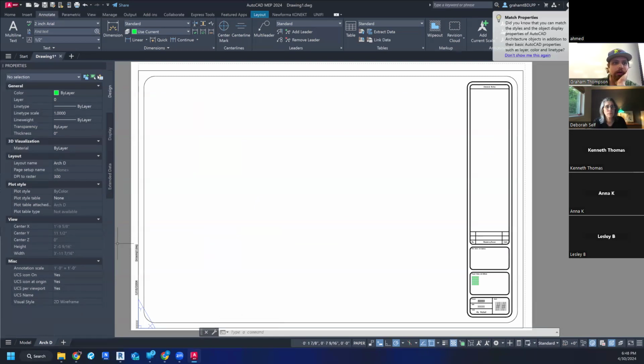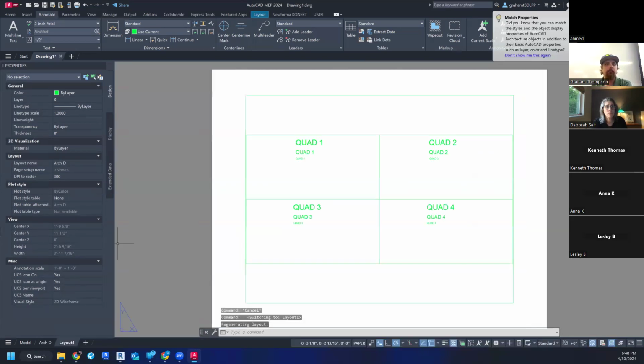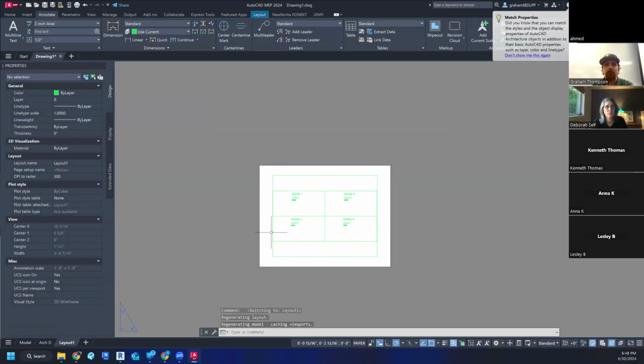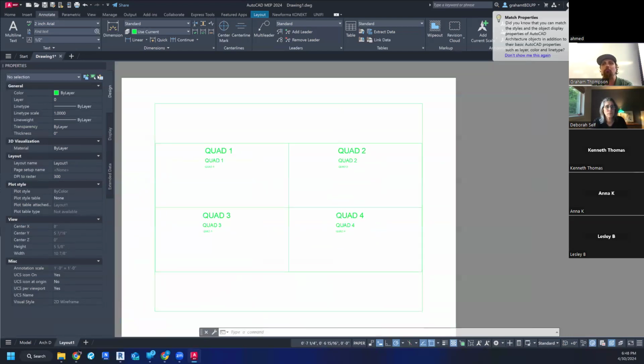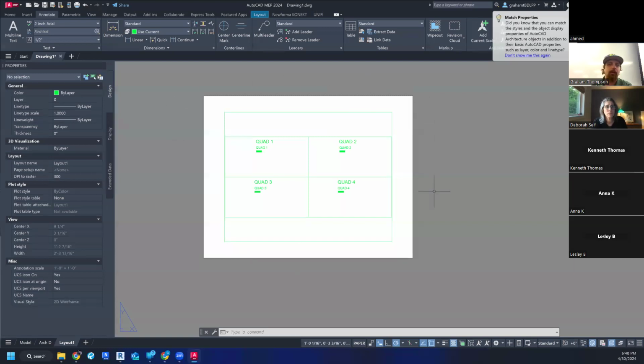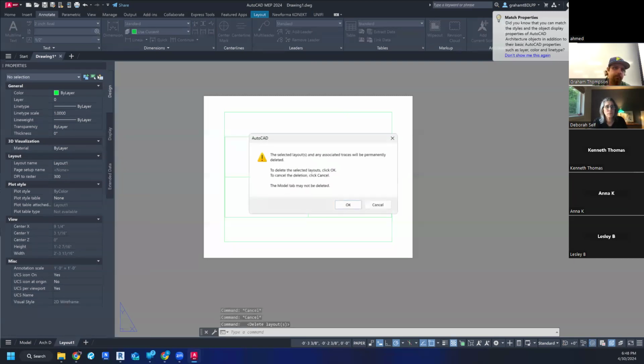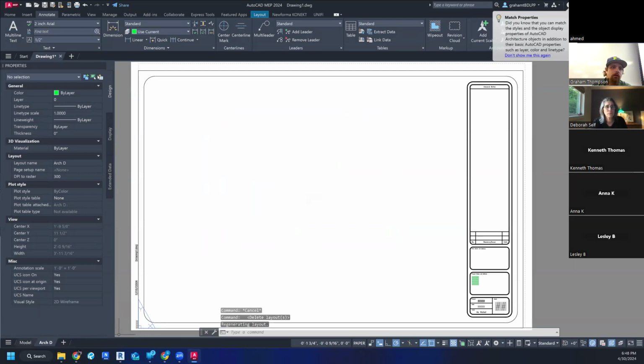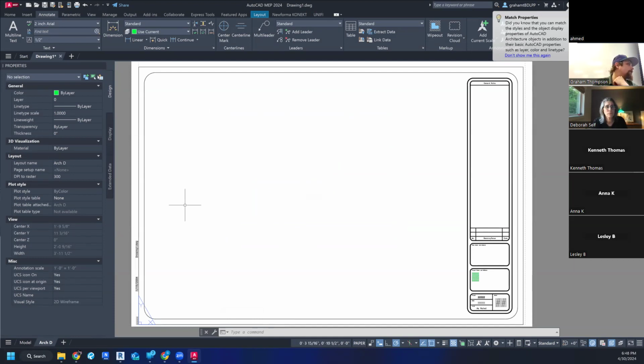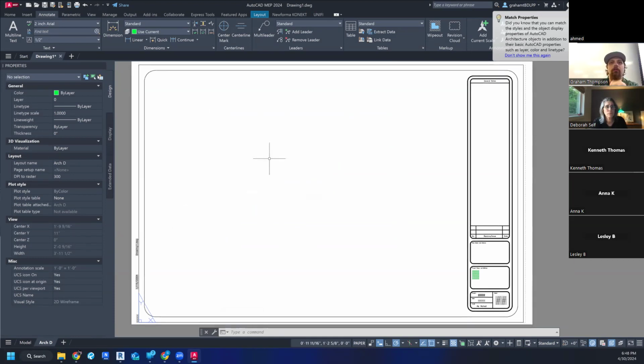So when you just click this plus button and it creates a new layout, it might have a title block associated to it. It probably is going to build what it builds by default, which is just this little piece of paper, no title block, and put a viewport on it. I don't really like this. I don't want to have to put a title block on it later. I am just going to close out of it and delete it. But I'm going to go back and utilize this ArcD. Do you have this ArcD title block? Good. Okay. So what I want to do now is type in viewport